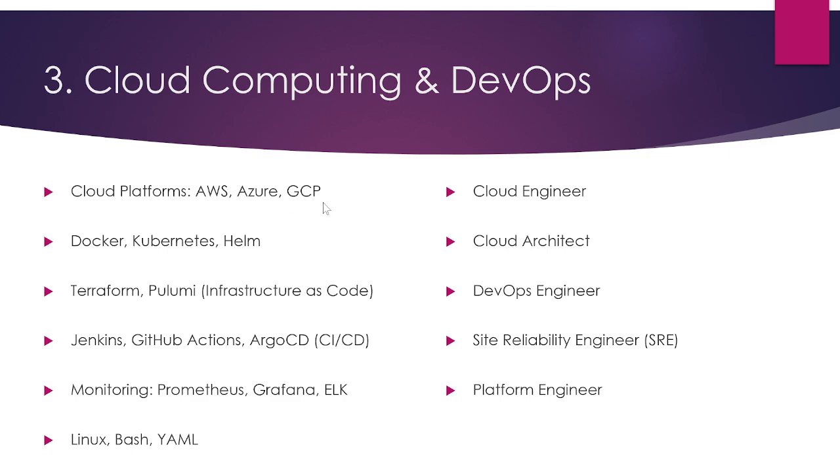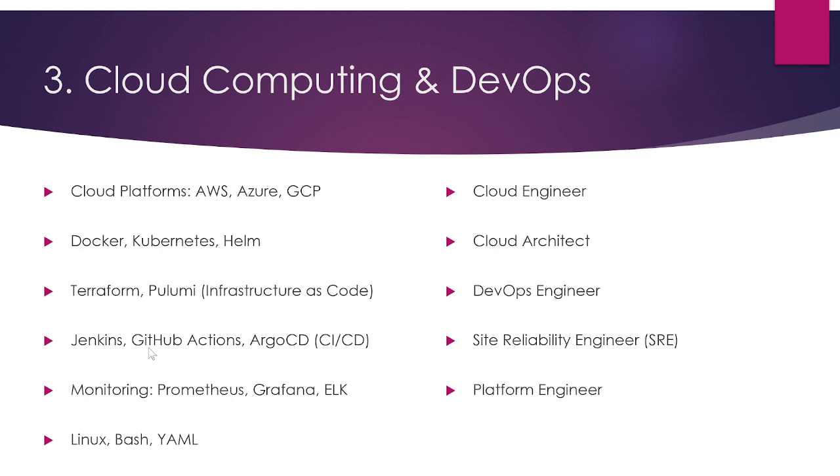Yes, we have AWS, Azure, GCP, which are the majority of vendors, and we have Docker, Kubernetes, Helm. These are mostly used for containerization purposes. Right now, most companies have started migrating their monolithic applications into microservices. In any kind of project development happening now, they are always looking at a microservice-based architecture. That's why Docker and Kubernetes are very popular, because these are container-based tools, containerization tools.